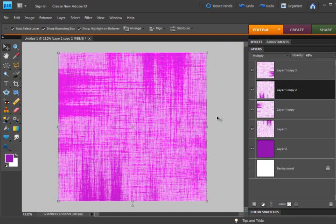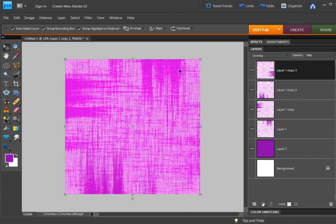But a lot of times when you're creating papers, it's just a matter of the more layers you add, playing with the blending modes, playing with the opacity until you get something that looks really cool. I mean, this one is getting more cool. I would still go and add, from the other tutorials that we've learned, a grunge outer border,